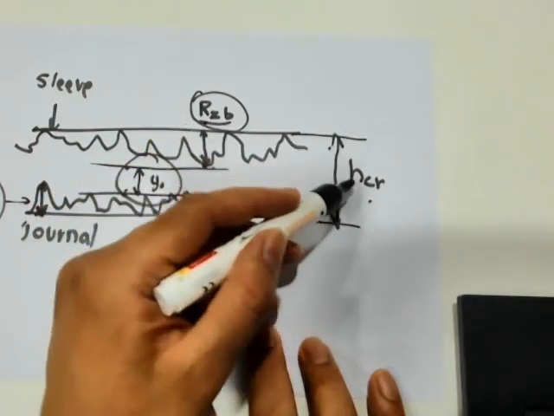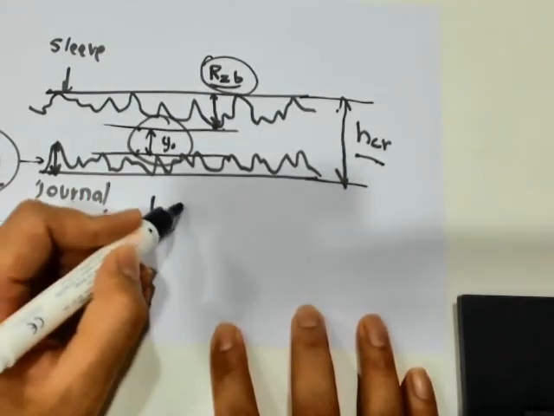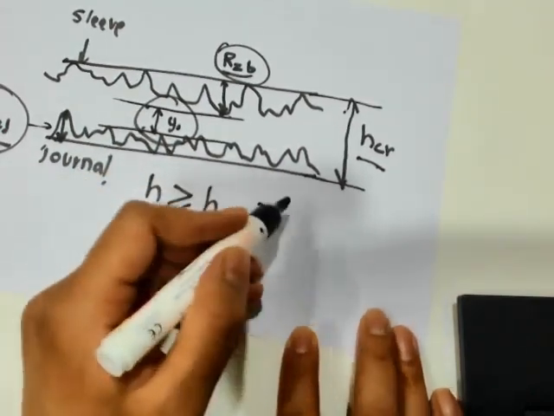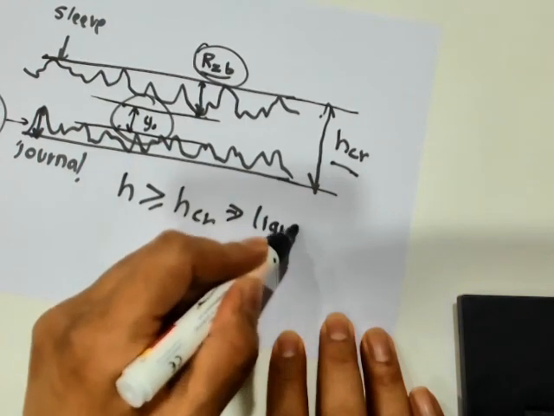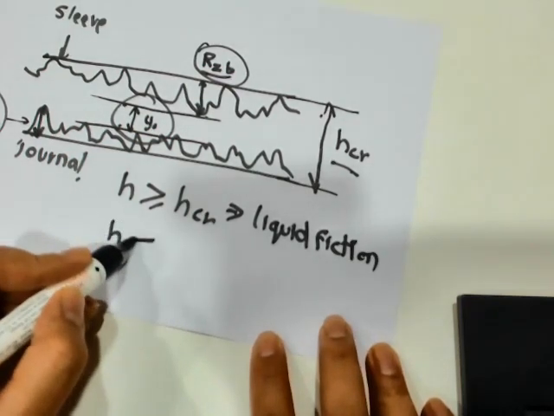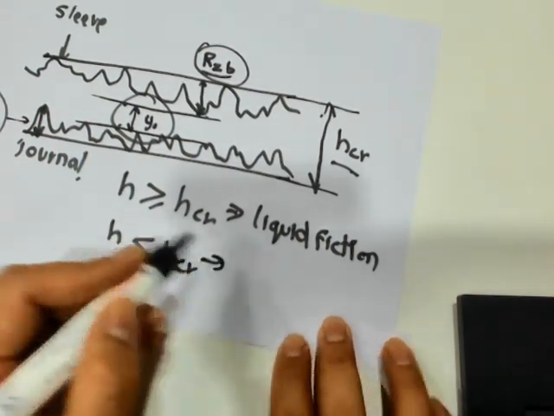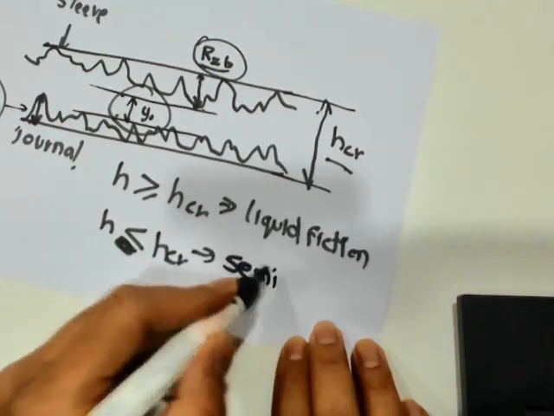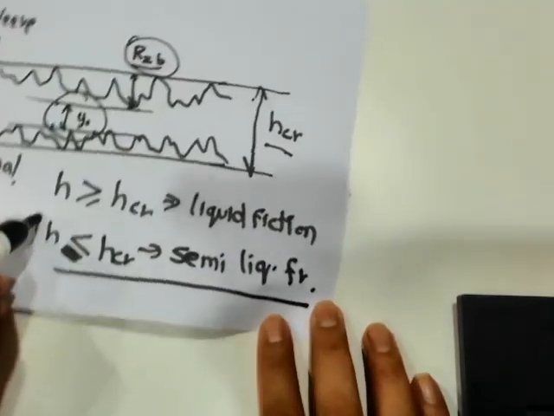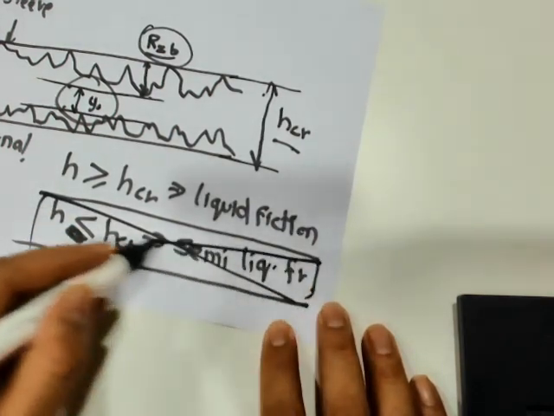So here we can see that if the film thickness H is greater than or equal to HCR, this results in liquid friction. And if H is less than HCR, then that results in semi-liquid friction. And this is something which is not required for any bearing performance, because with semi-liquid friction,